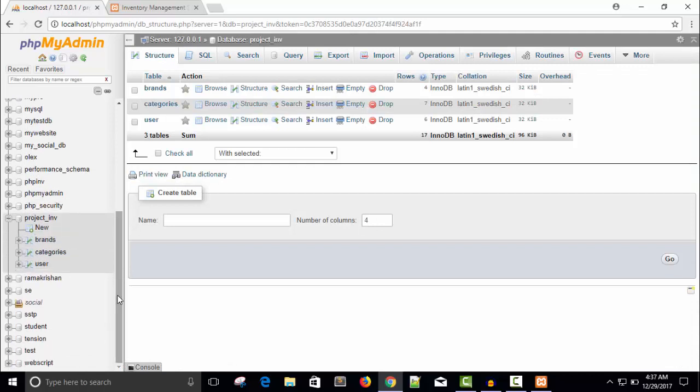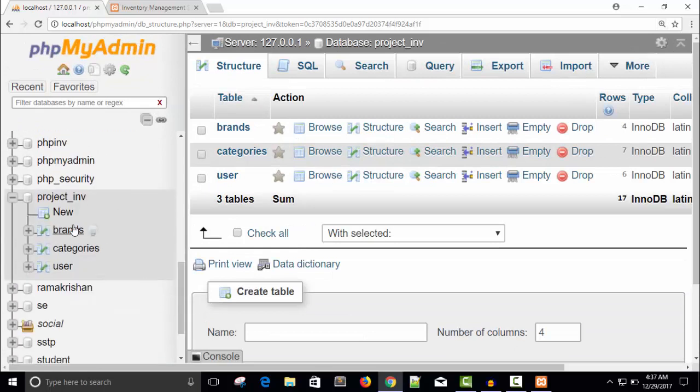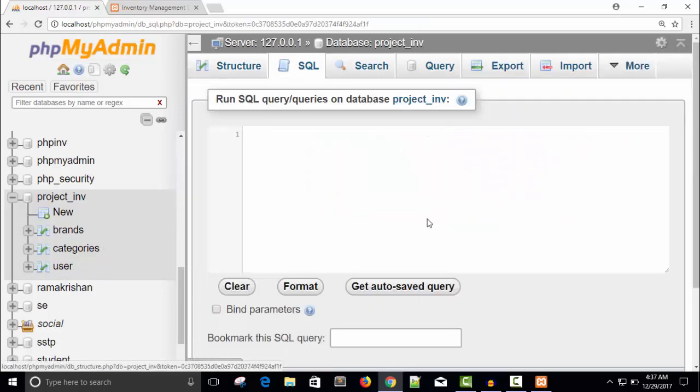So let me increase the size, then you can see it easily. Fine. So we have brands, categories, and users. Now I'm going to create a table called products, but in this video I'm going to use an SQL query instead of the user interface. The reason you will come to know soon. So let's create table products,